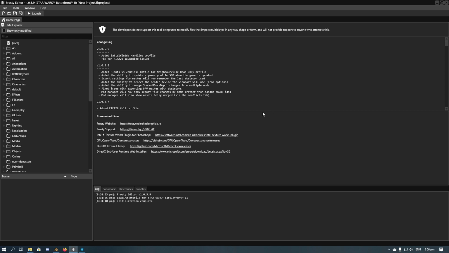So, the first thing you want to do is obviously get all the software. You need Frosty Editor, you need Frost Meshy, and you need Blender. I will have links to all of these in the description, so you can easily go and download them yourselves. So once you have all those set up, what you want to do next is